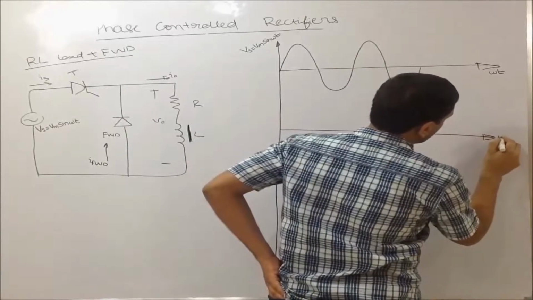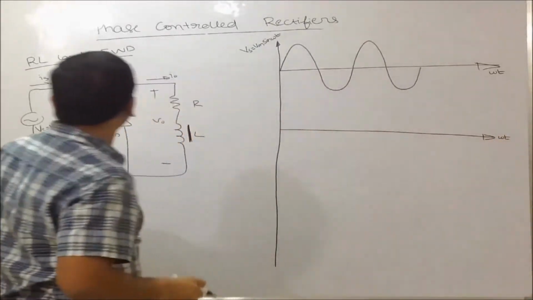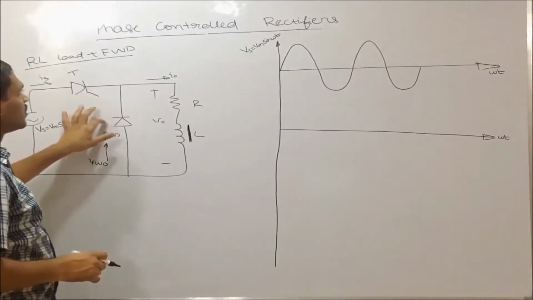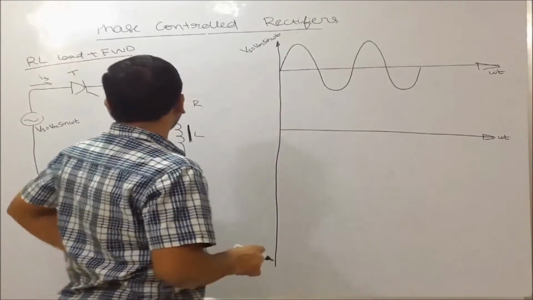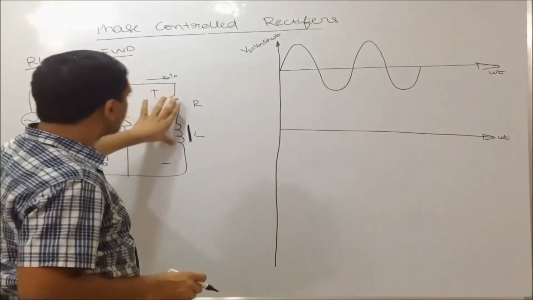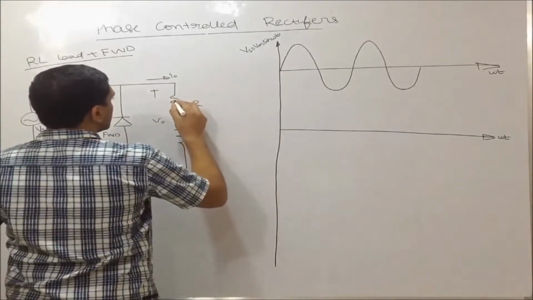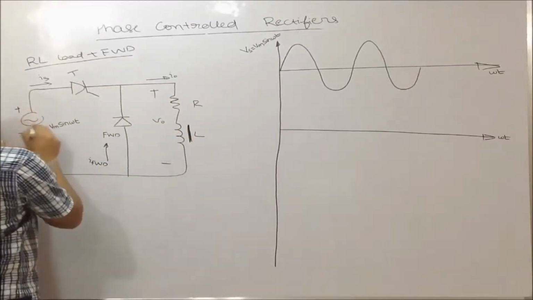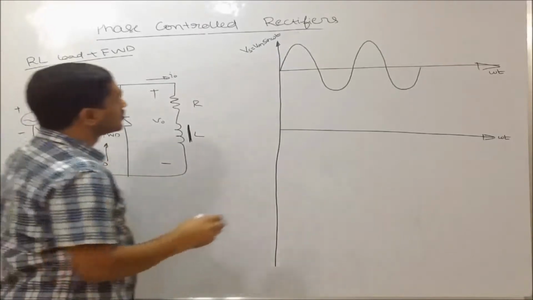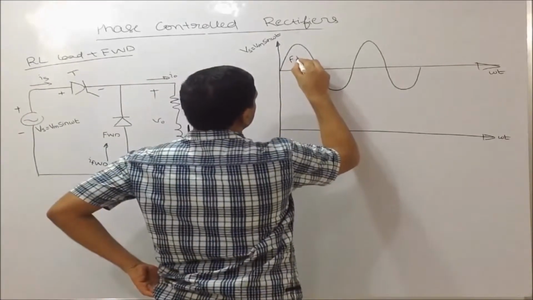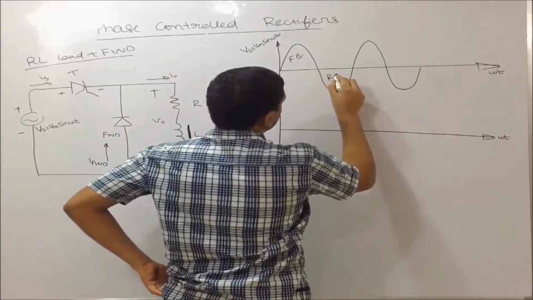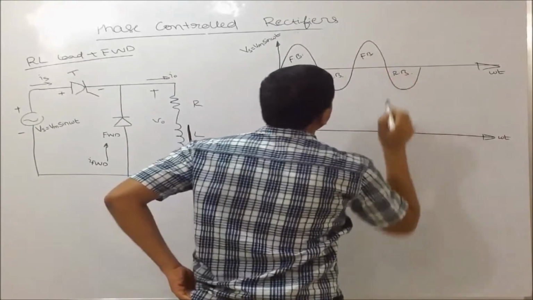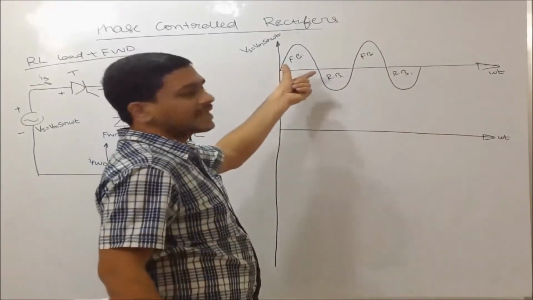Again we come from the basics. Assume that this SCR is off, and also this diode is off. Now you observe what happens. The current is 0, the voltage across this load is 0, and thereby what do I have? The source voltage directly appears across the thyristor. So the thyristor is forward biased here, and it is reverse biased here. The same thing is applicable here: it is forward biased, and it is reverse biased. So I can trigger this at any moment.